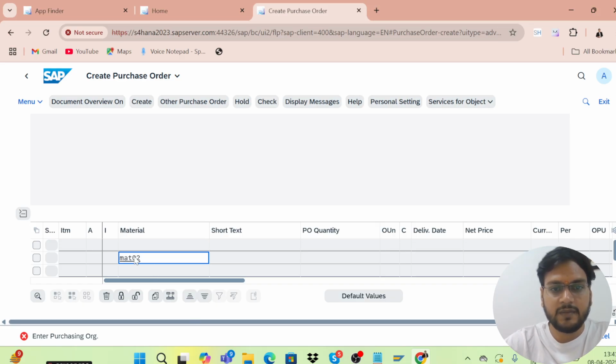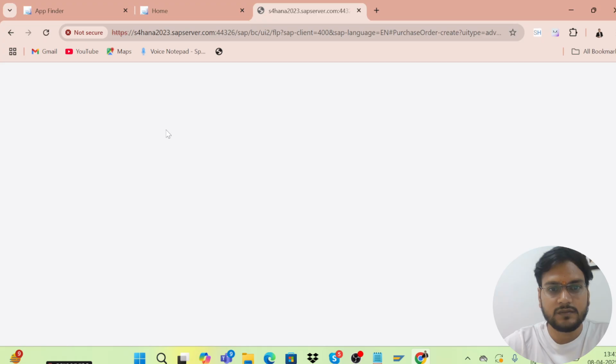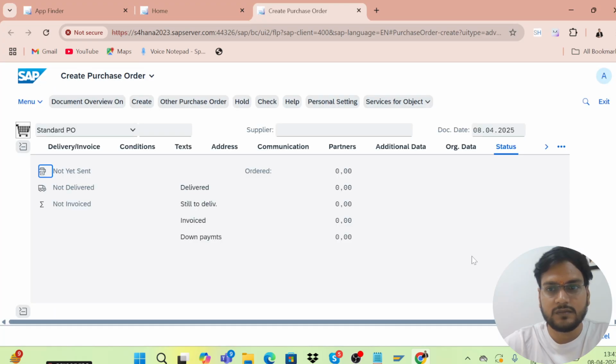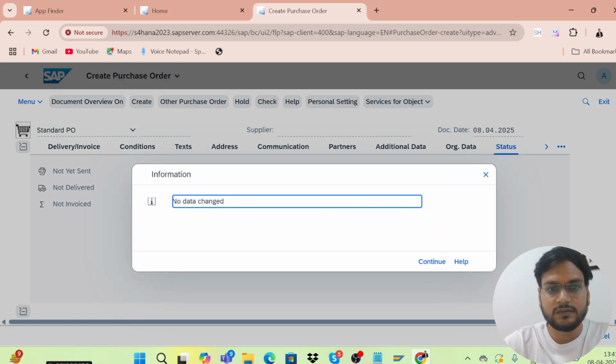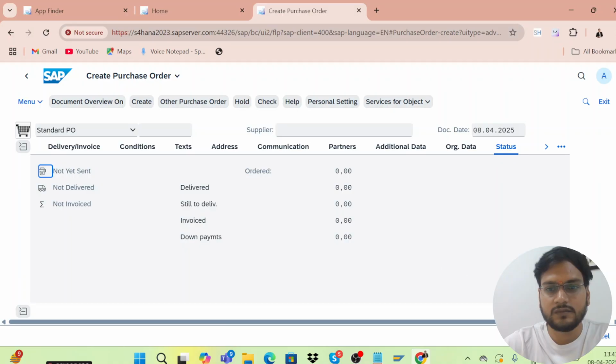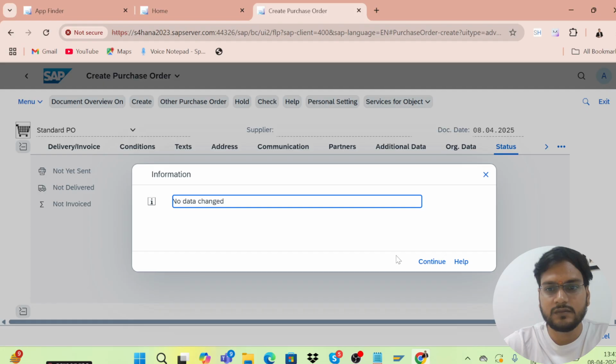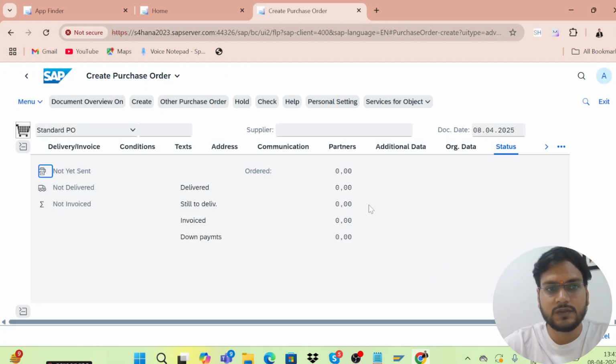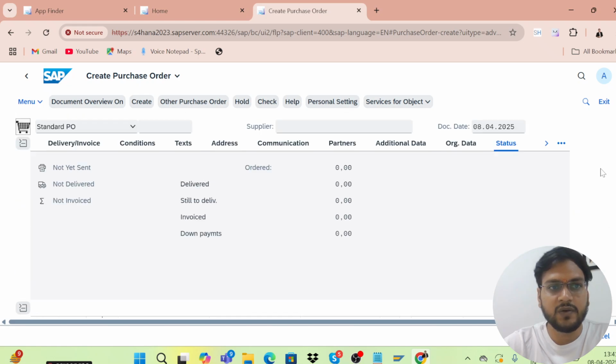Whatever your material number is, just give your material number, quantity, net price, currency, check, and save it. Okay, so like that we can create a PO. That PO is created.